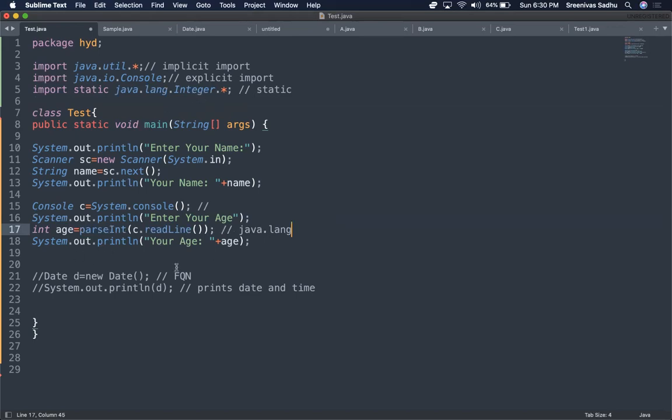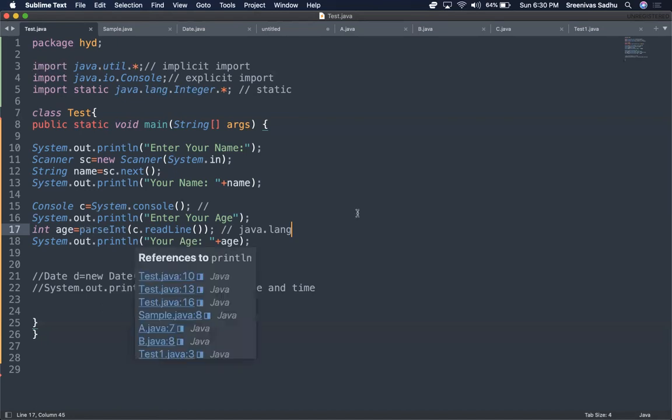Directly I can use these static methods: int is equal to parseInt of c.readLine. So this is what static import is. You can statically import a class so that all the static methods of that class are available for use directly. I need not use the Integer class again here. Directly I can make use of the method.